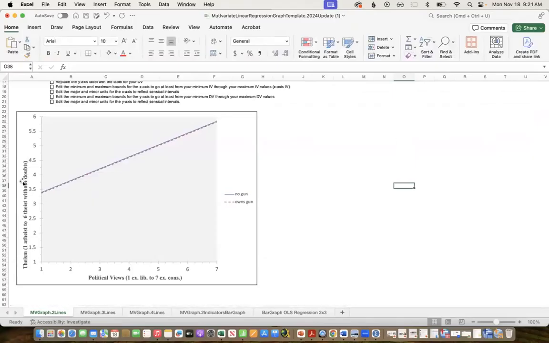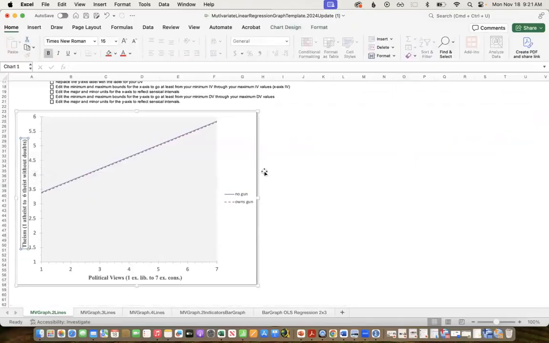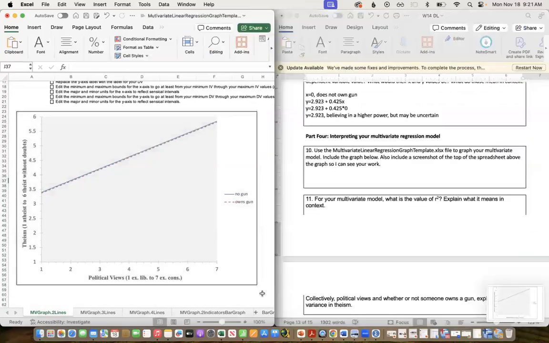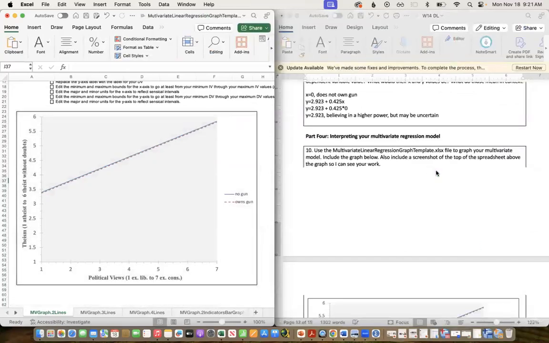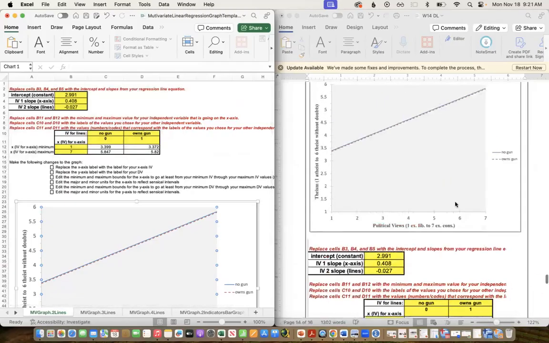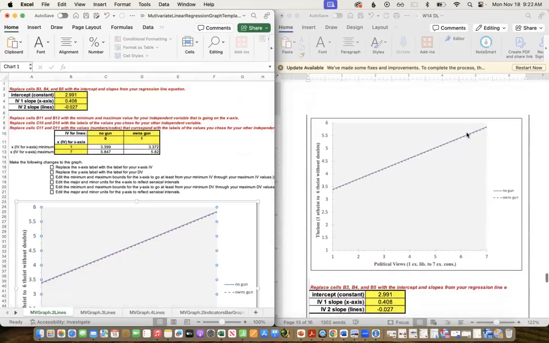And here is our graph. Move this up a little bit. Take a screenshot of the graph. And a screenshot of my work. So we can see that as political views increase, theism increases. But we can also see that there's not really a difference once we control for theism among owning versus not